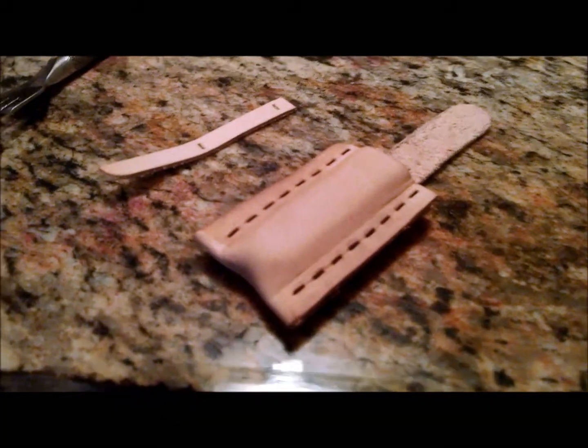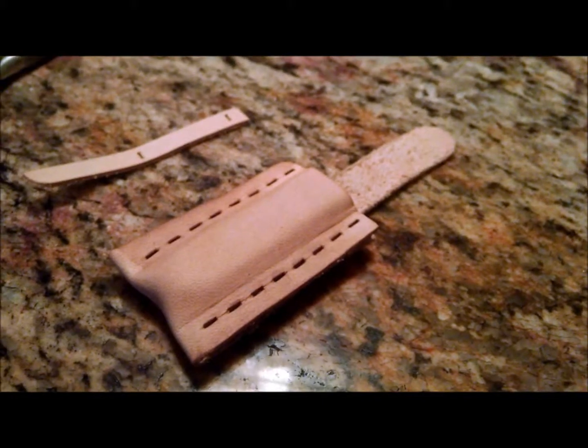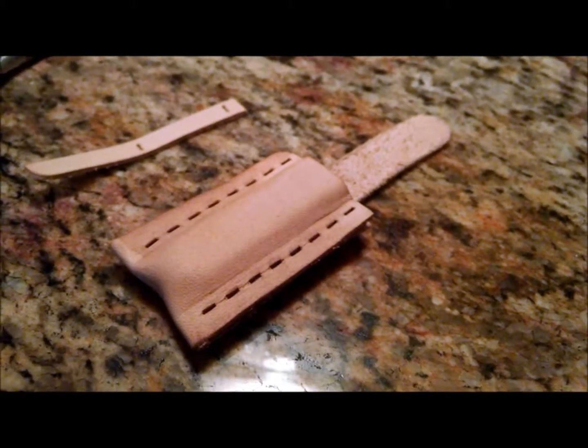Or you can even stain it with olive oil, which I have in there, but you have to wait a good couple days for it to dry if you do that. So, alright, show you in a minute. Yeah, there it is,